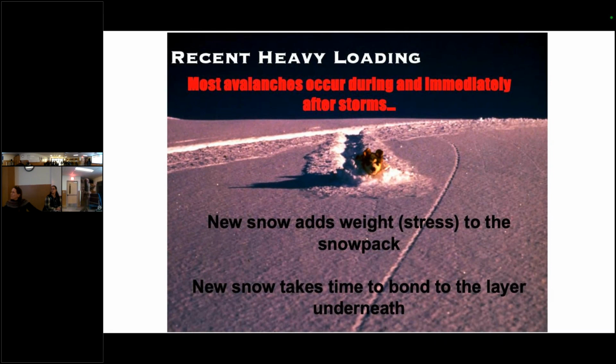You get recent heavy loading, for instance, like we did last Thursday. The new snow adds a lot of weight. If you add wind to that, it's going to add twice as much weight to the leeward side.